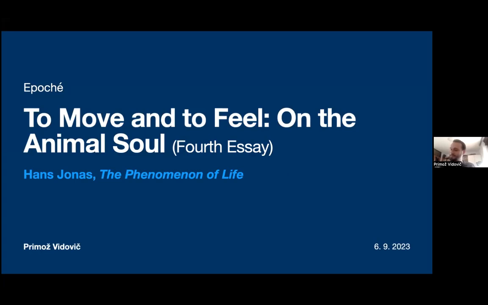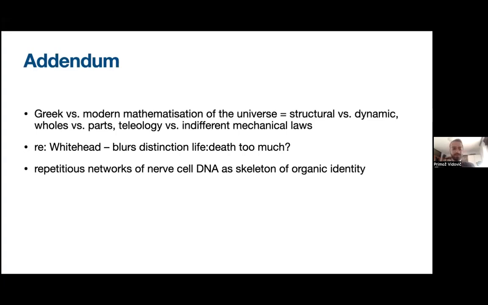So this is the fourth chapter, or the fourth essay, in Hans Jonas's Phenomenon of Life. We're going to start first with a couple of addenda to the previous essay. In the first appendix in the previous essay, he elaborated a little on this idea of the mathematization of nature,